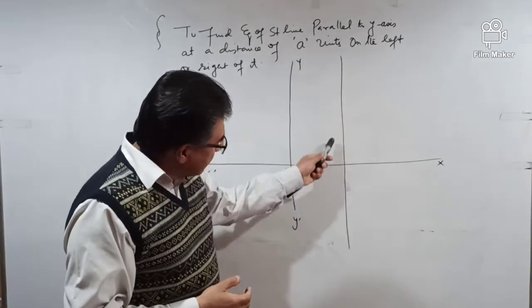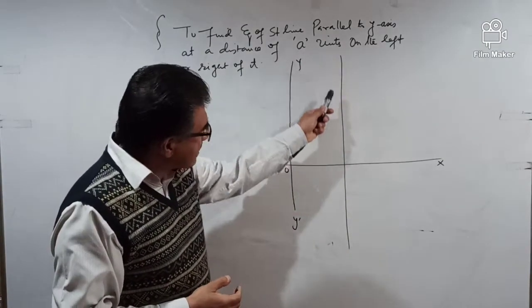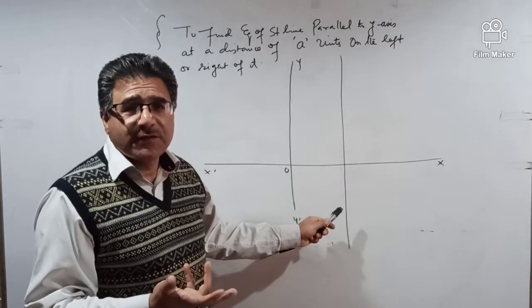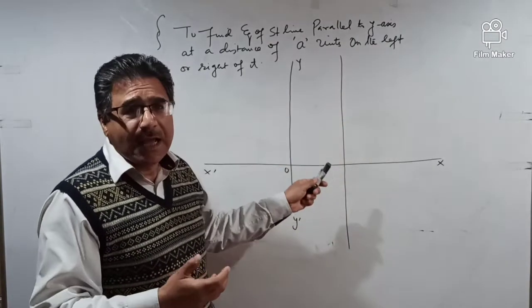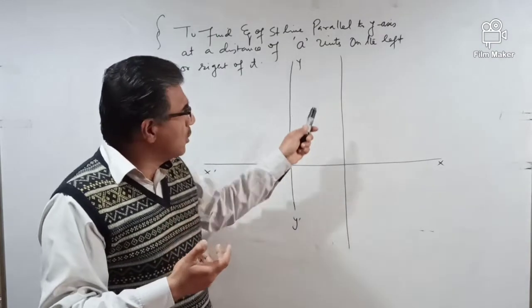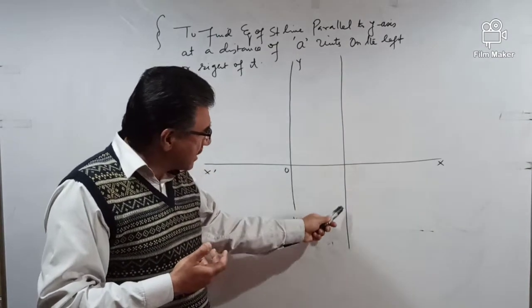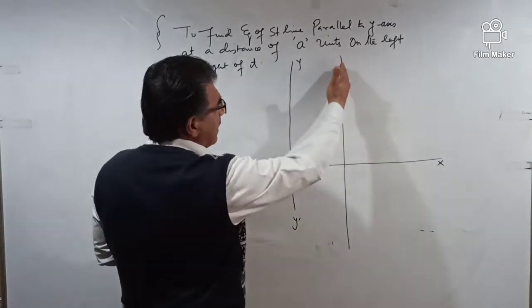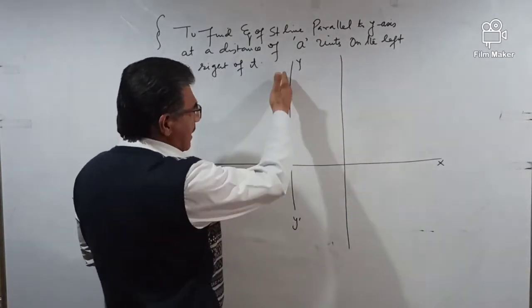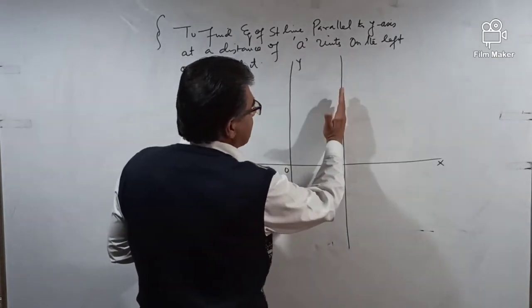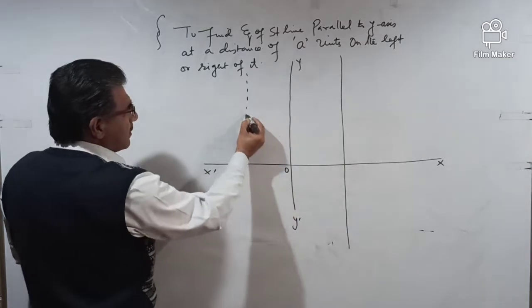ये वो लाइन है जिसकी इक्वेशन हमें निकालनी है, मगर इस लाइन के बारे में क्या दिया है? एक्चुअली जो लाइन होती है दैट्स द लोकस ऑफ ए पॉइंट. बट लोकस क्या होता है? मूविंग जो पाथ बनाता है एक पॉइंट, वो किस कंडीशन पे चलता है? किसी ज्योमेट्रिकल कंडीशन से चलता है. वो ज्योमेट्रिकल कंडीशन क्या है यहाँ पर? That this line is always parallel to the y-axis and is at a distance of a units on the right side of it or on the left side of it.